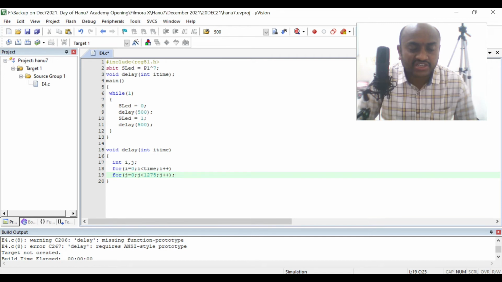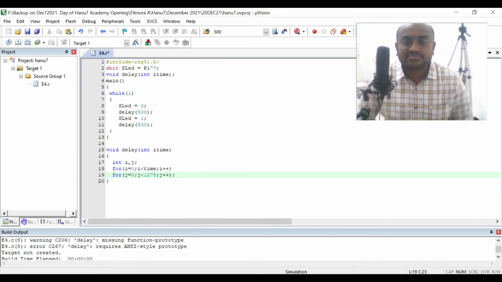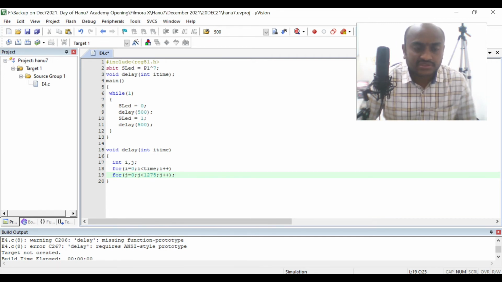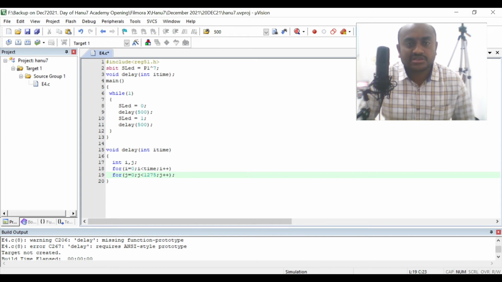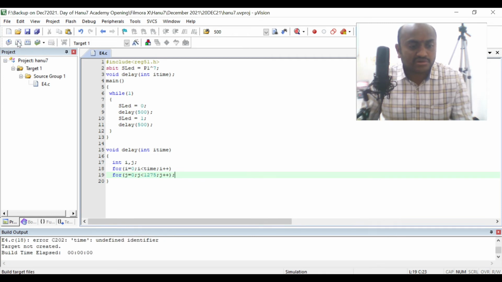Okay, so for an embedded system programmer, saving program memory is very important. So if you use for loops, characters, integers, all these things, they will take more memory. Okay, so this is a small program, it is nothing, there will be no issue. So after writing a program like this, now save it and then compile.